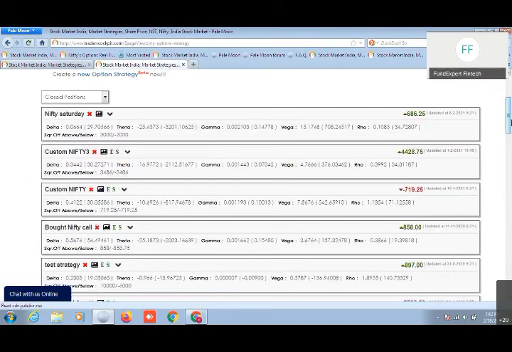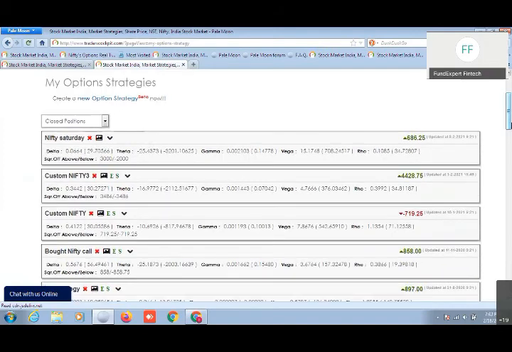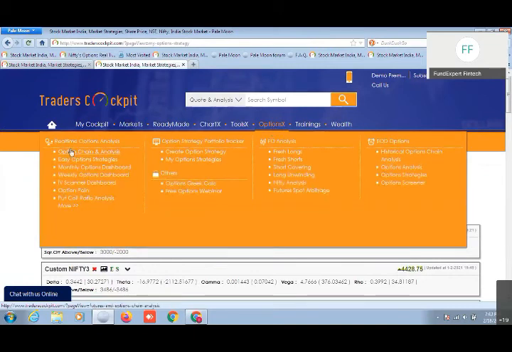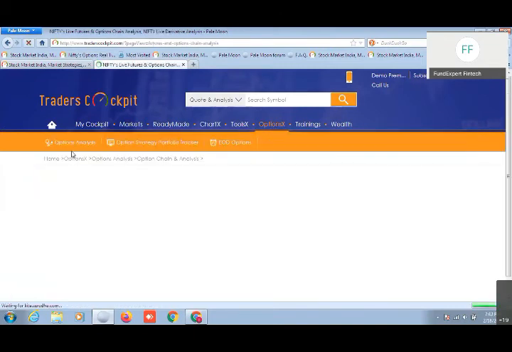Can you see on the screen here? For any strategy which you create, simultaneously you can check out the payoff chart at any point of time, or if you want to edit that strategy, that can be done here, and a lot of functionalities are available. Or if you want to get the SMS and email alerts, that is also possible. Now this is for the customized strategy. This is for the ready-made, some customized strategy already available.